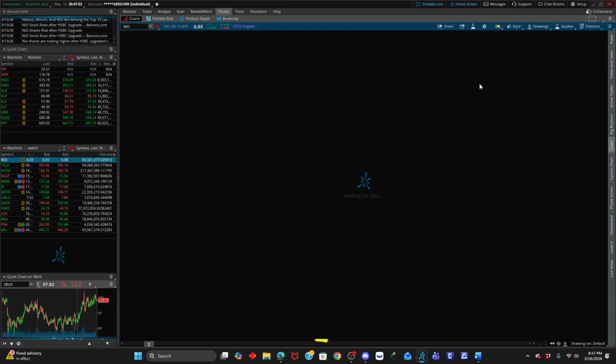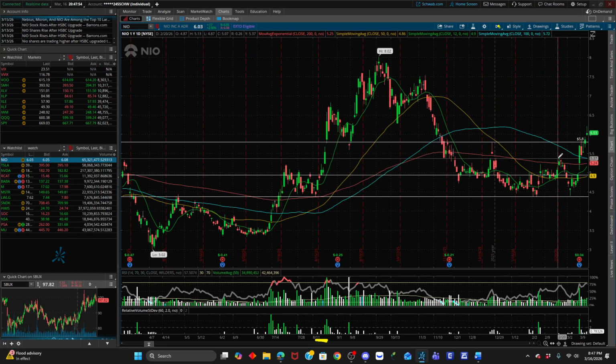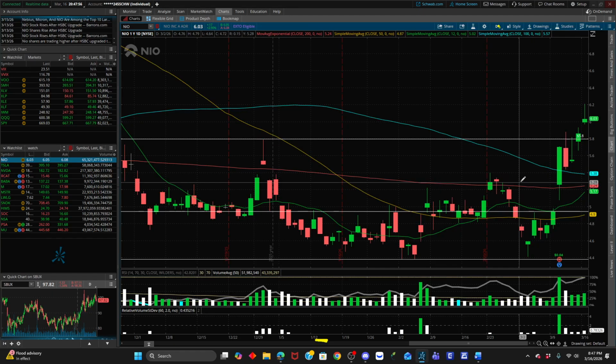Let's go to the daily chart. We'll see where the moving averages are. Right, we had a clear bounce off that 200-day moving average. We had a pullback to the 100, and now we're skipping higher. I don't like this wick at the top, but as long as we maintain above 580, this is still in